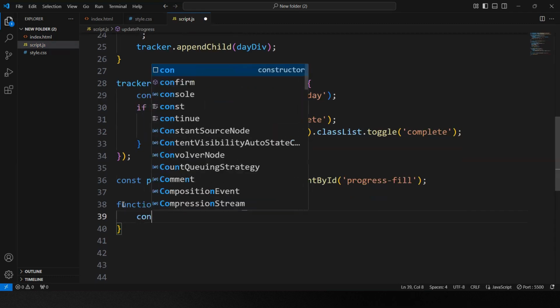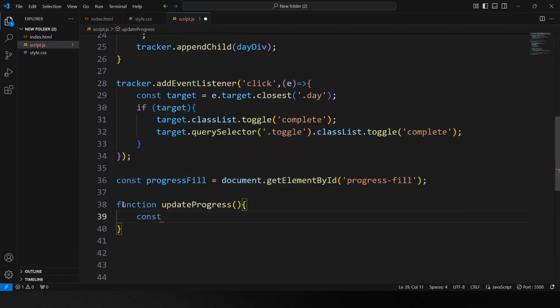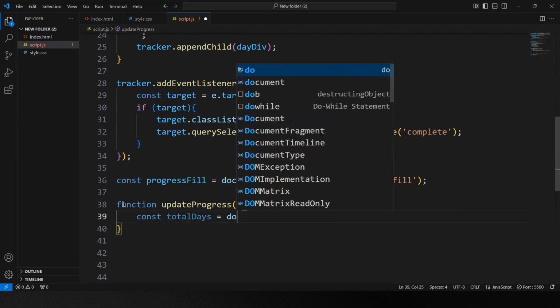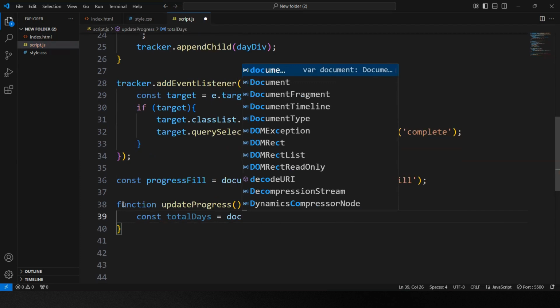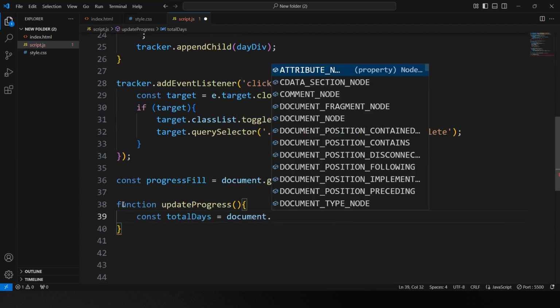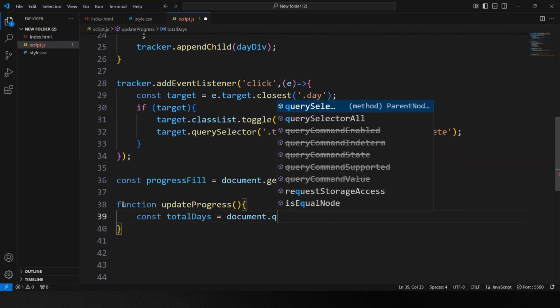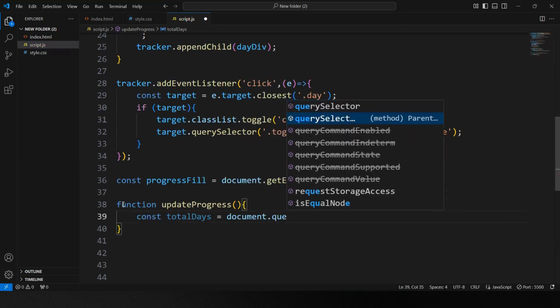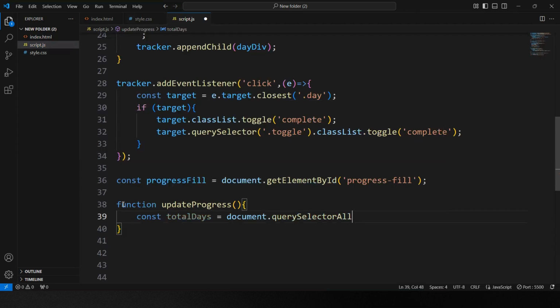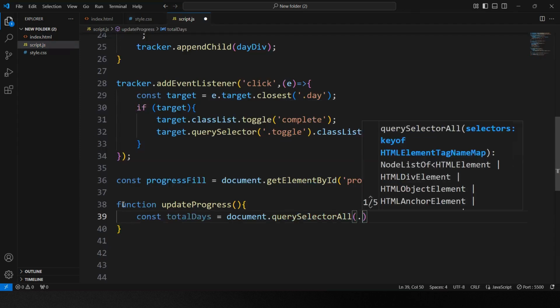First one is const total days in the habit tracker system. So this document dot query selector all, and selecting the day div,